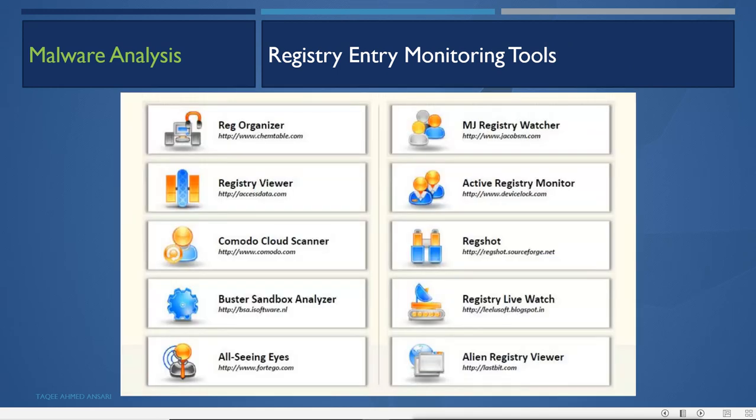Then there are other registry tools like Regshot. It takes a snapshot of the registry. So when your system is working properly, you should take a registry snapshot. Now when you feel that something is going wrong, you take the snapshot again, and then compare the registry from when your system was working properly with the registry right now when it is not. So you can compare whether the registry has some new entries. It will show you the new registry entries which came after the first snapshot. So this is also a good tool to monitor the registry.